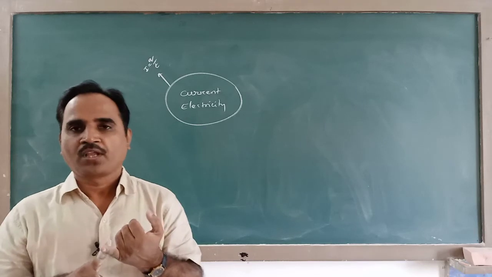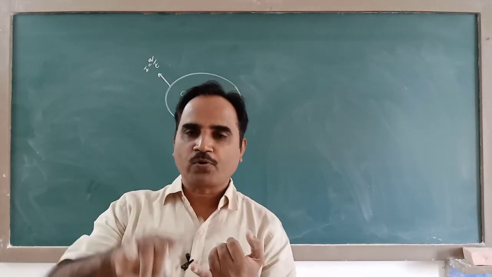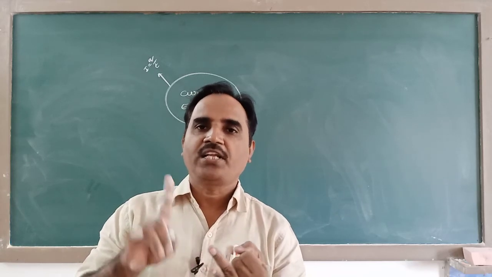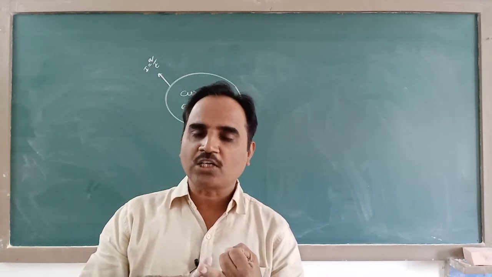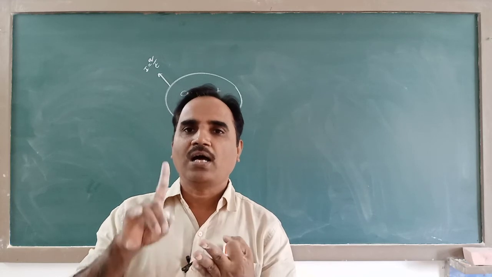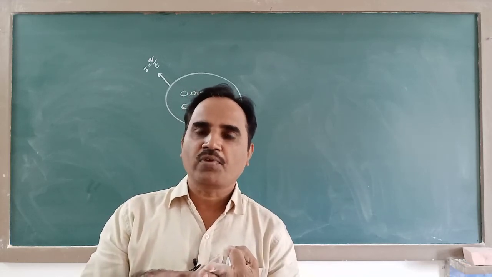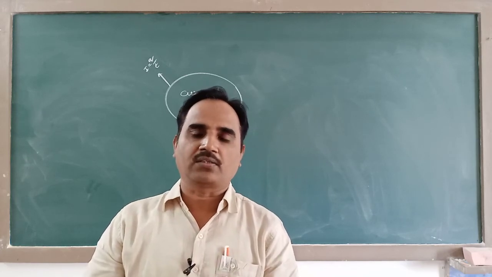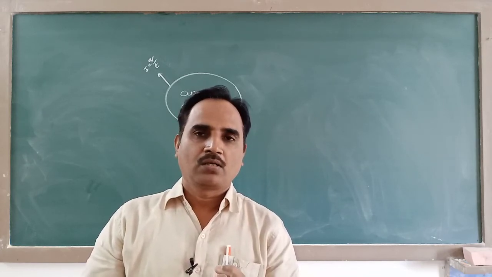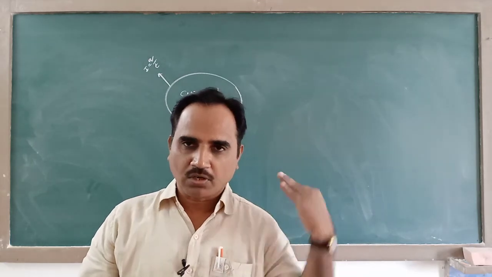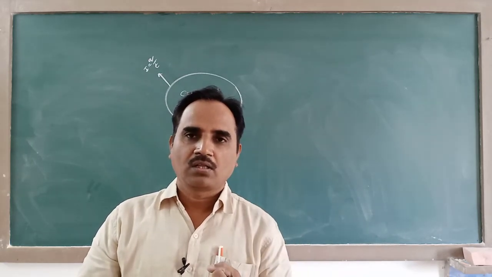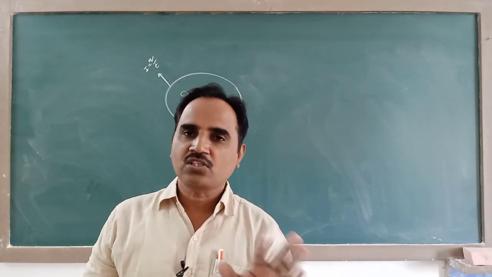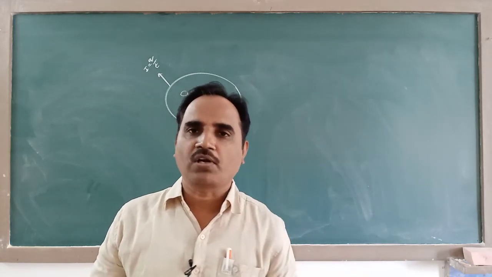One is the direction of current is from higher potential to lower potential, or it is the direction along which a positive charge moves in a circuit, or the direction of current is always opposite to the direction of motion of electrons. So it will give you the direction of current. So in case of DC, direct current, though we mention the direction, current is not a vector, it is a scalar quantity.